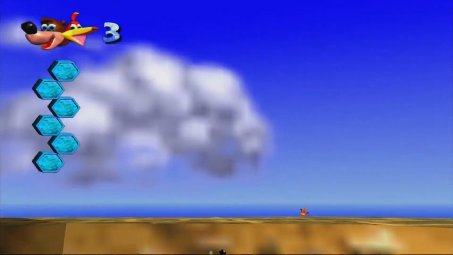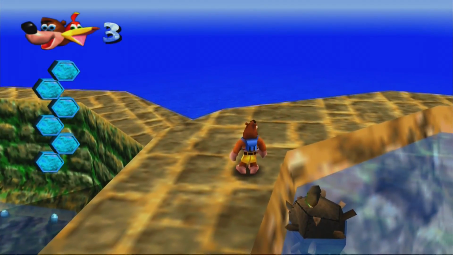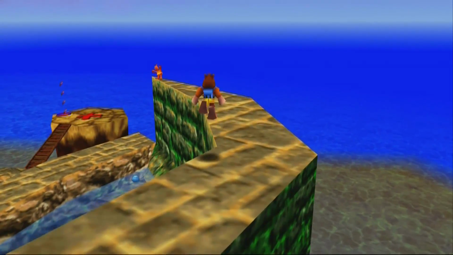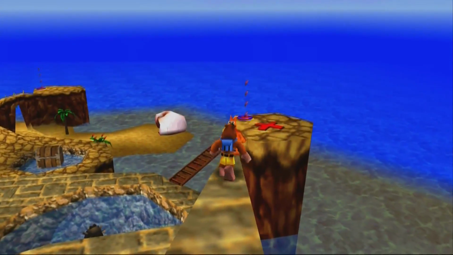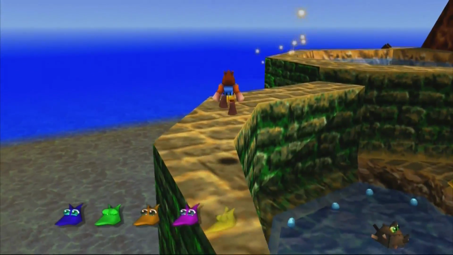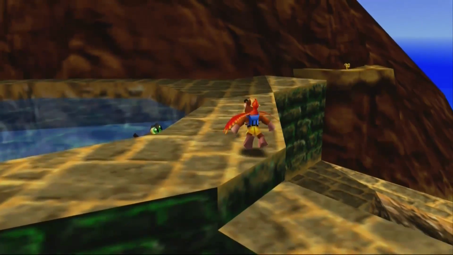Yep, 6 out of the 10 Jiggies, and let's not get pierced by that landmine. Look at you, you can't get me. But then there's an orange Jinjo. There's an orange Jinjo. God, I cannot get my words straight. But yes, orange Jinjo. We grab it, and we got ourselves another Jinjo. So all we have to do next is...